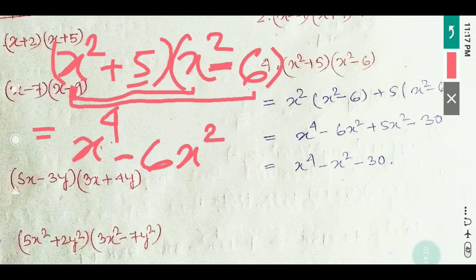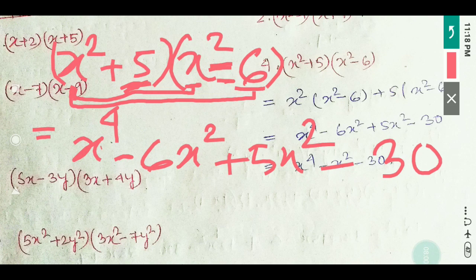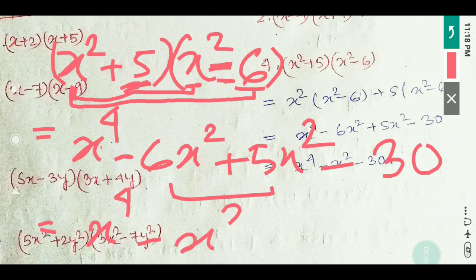Now go to the second term, 5, and here your first term is x², so plus, here also plus, so it will be 5x². Now this term with your 6: minus, here plus, here minus is given, so minus 5 6s are 30. These two are like terms, so subtraction is possible. Minus 6x² plus 5x² means minus x², then minus 30. This is your answer.